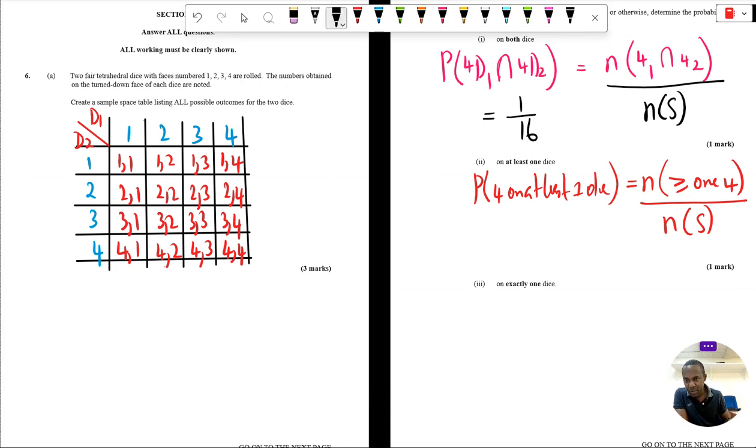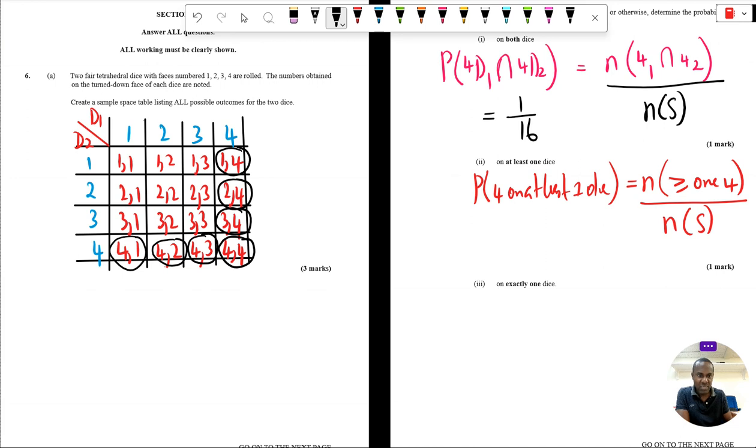So here we have a 4 on 1, a 4 on 1, a 4 on 1. Here we have a 4 on 1, a 4 on 1, a 4 on 1, and finally we have a 4 on both dice. So when you count up all of that, how many outcomes? 1, 2, 3, 4, 5, 6, 7. And so therefore the probability of obtaining a 4 on at least 1 die,